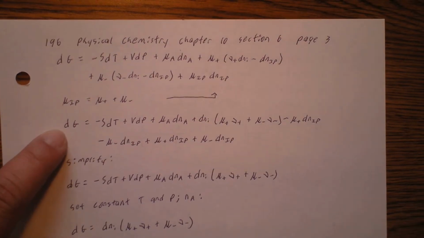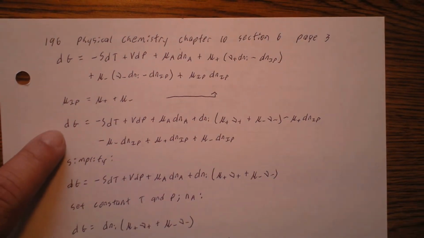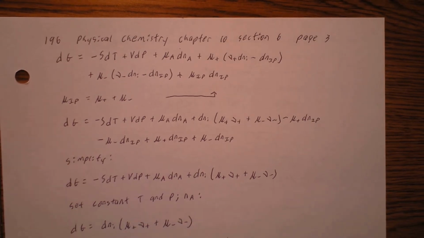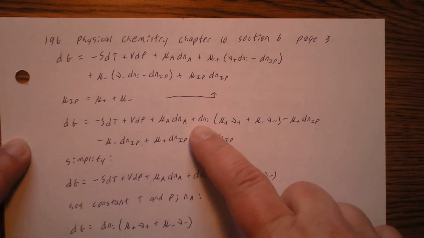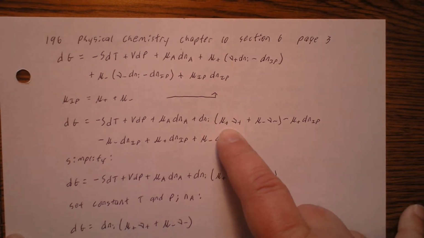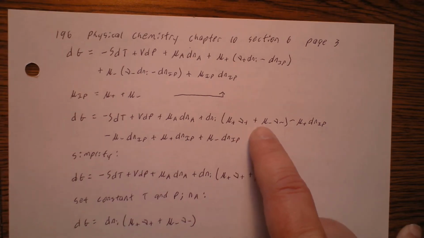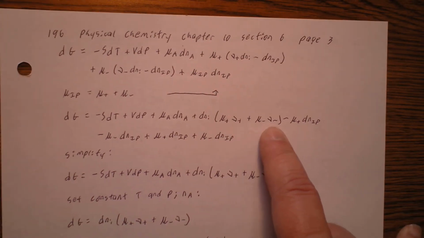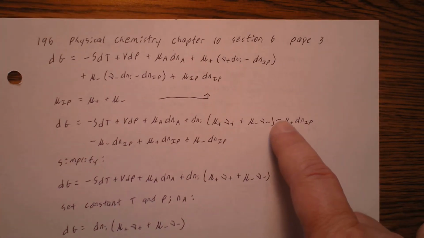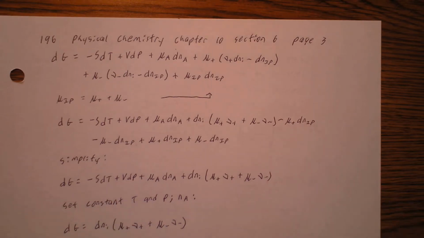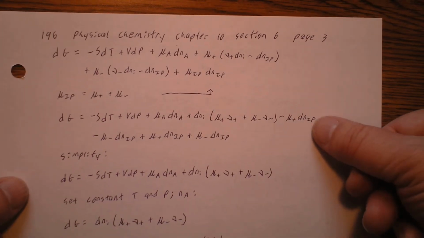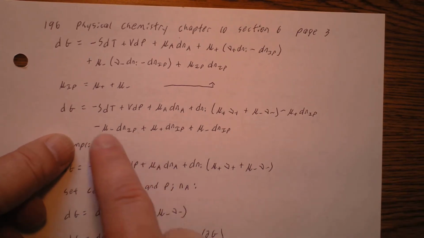the differential of the Gibbs free energy is equal to minus the entropy times the differential of temperature, plus volume times the differential of pressure, plus the chemical potential of the solvent times the differential of the number of moles of the solvent, plus the differential of the number of moles of the solute times this whole quantity, the chemical potential of the cation times nu plus, plus the chemical potential of the anion times nu minus, minus the chemical potential of the cation times the differential of the number of moles of the ion pairs, minus the chemical potential of the